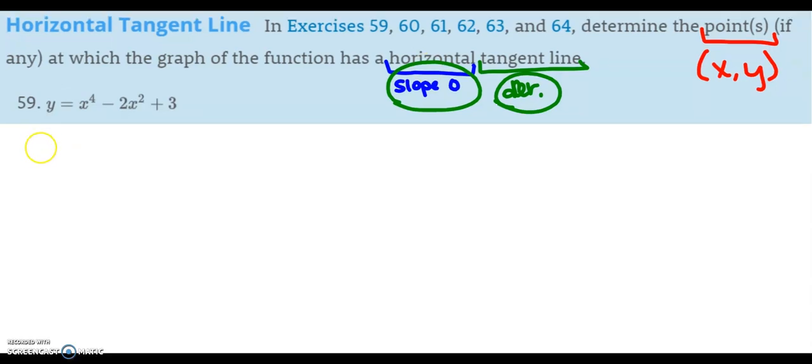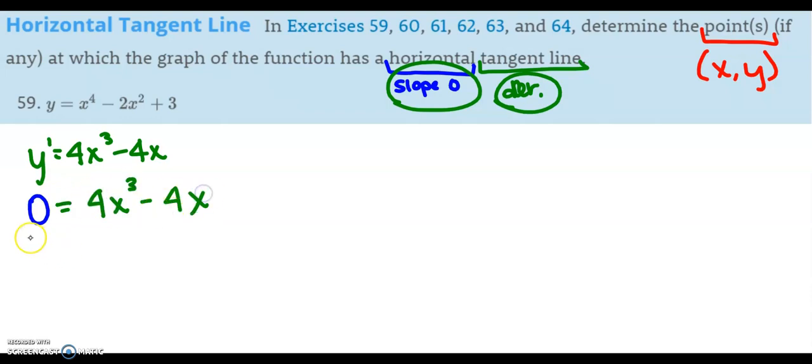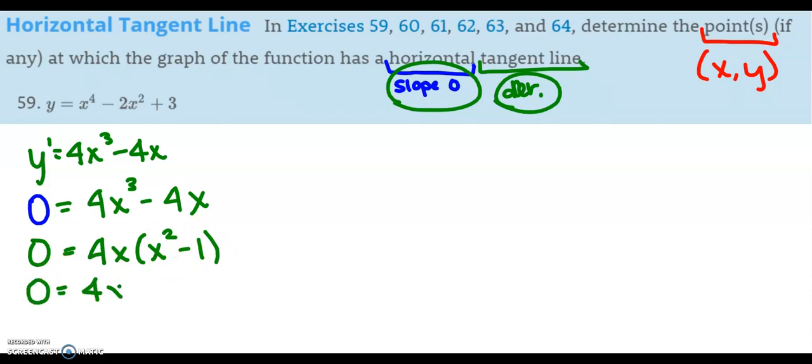So I'm going to start by finding my derivative. Y prime equals 4x cubed minus 4x, and then the derivative of 3 is going to be 0. I want to set that derivative equal to 0. So 0 is going to equal 4x cubed minus 4x. Go ahead and solve this. I can factor out a 4x, and I'm left with x squared minus 1. Still solving for x, this will factor into x plus 1, x minus 1, or you could solve it using